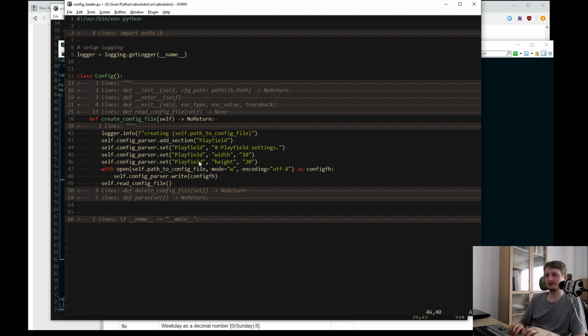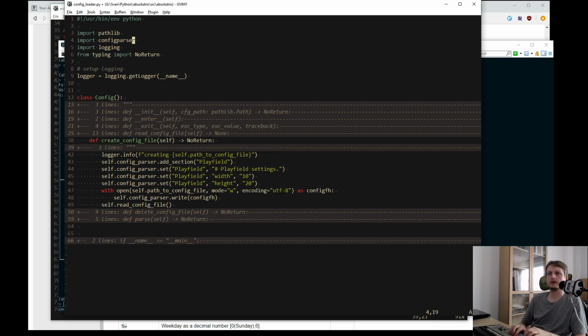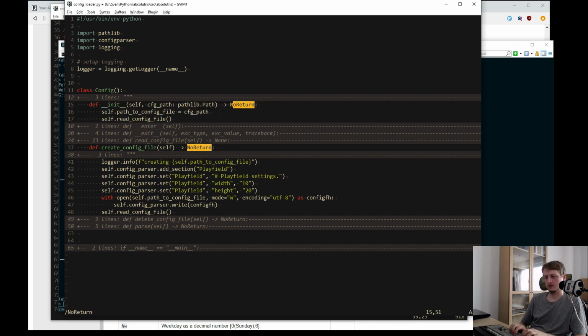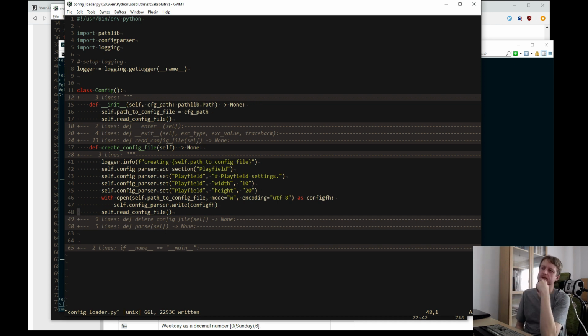So let's say we have this playfield of 10 by 20. This is not necessary. So is there anything else I want on the playfield?